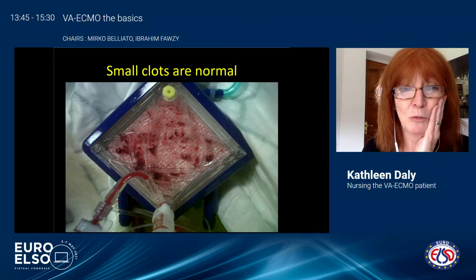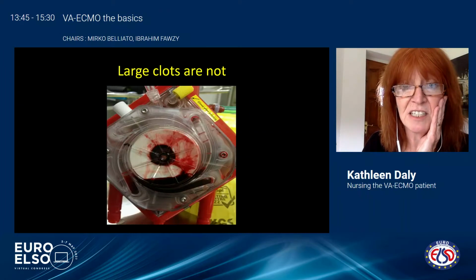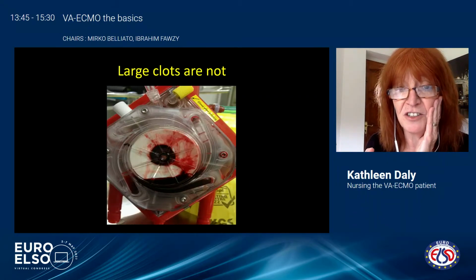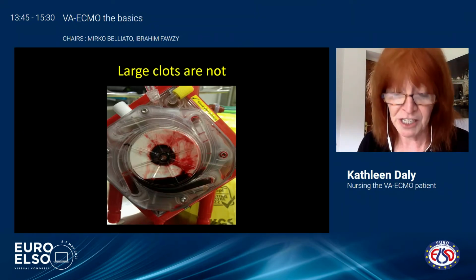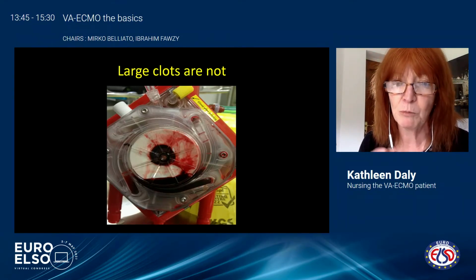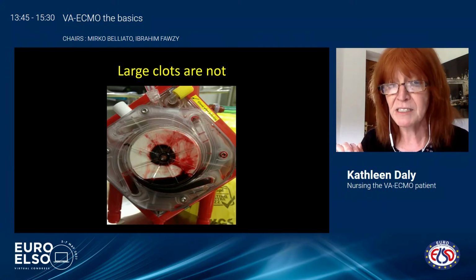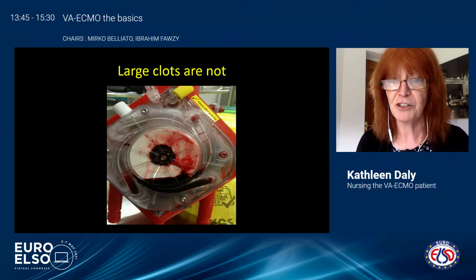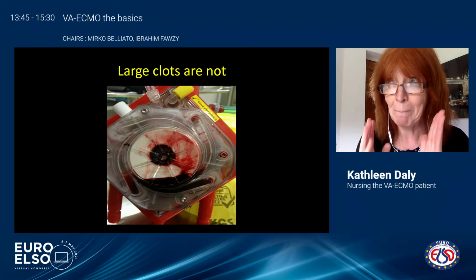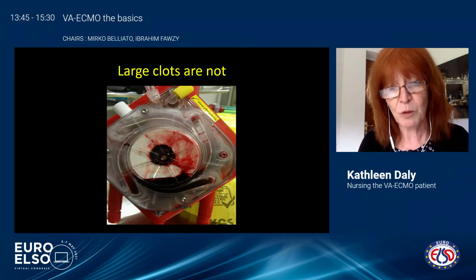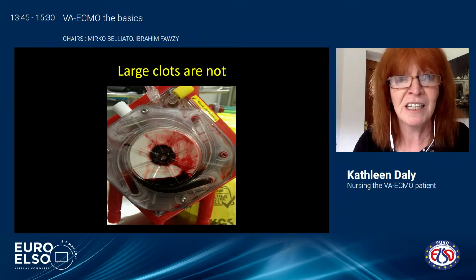Now, obviously, small clots are normal. Small clots, fibrin stranding, a bit of marbling, that's normal, and we see this in our patients. But large clots such as this are not normal and will require a circuit change. So that's why it's terribly important that we're vigilant about monitoring the TMP and membrane resistance over time, and using this information together with the patient's blood results to give us an early indication that the membrane is starting to fail, so that we can do an elective circuit change and not have to do the circuit change in an emergency in the middle of the